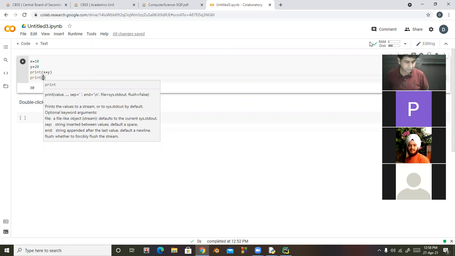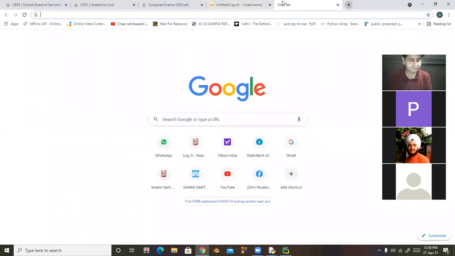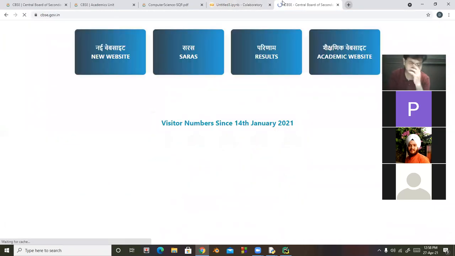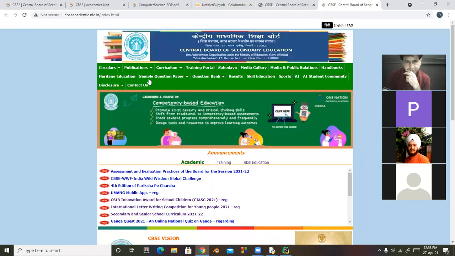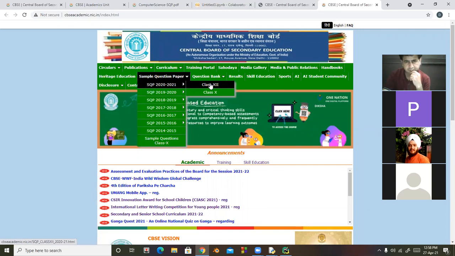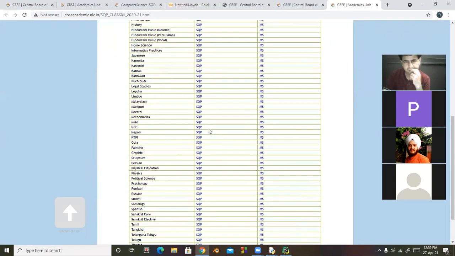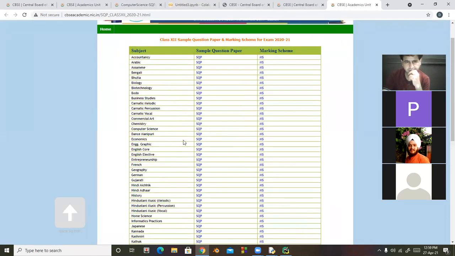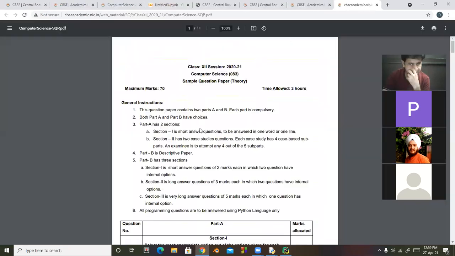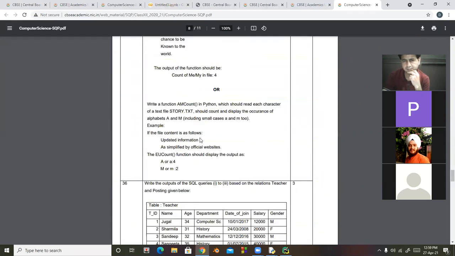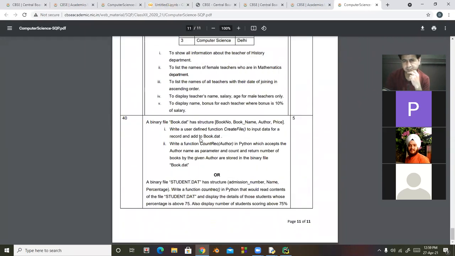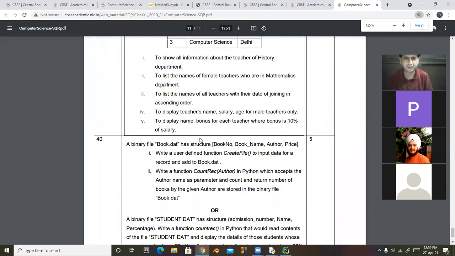Okay students, now we come to our topic. In a CBSE sample paper, this question is of 5 marks.